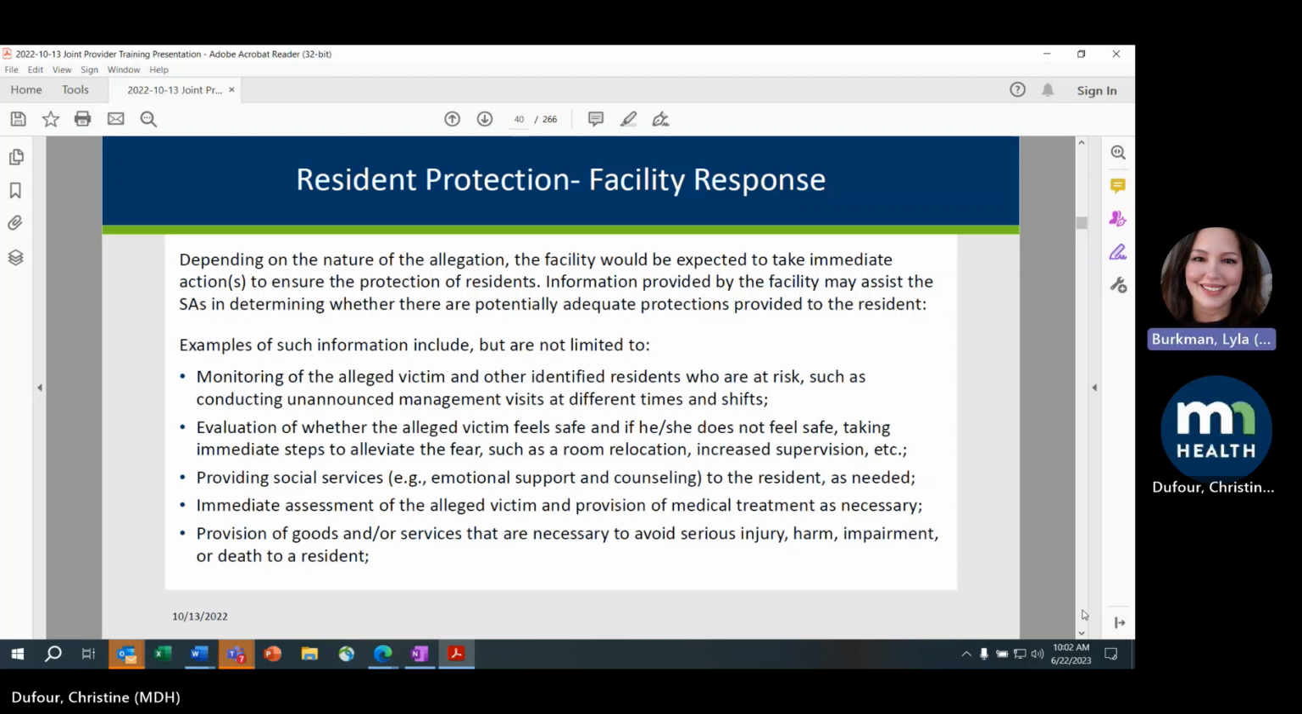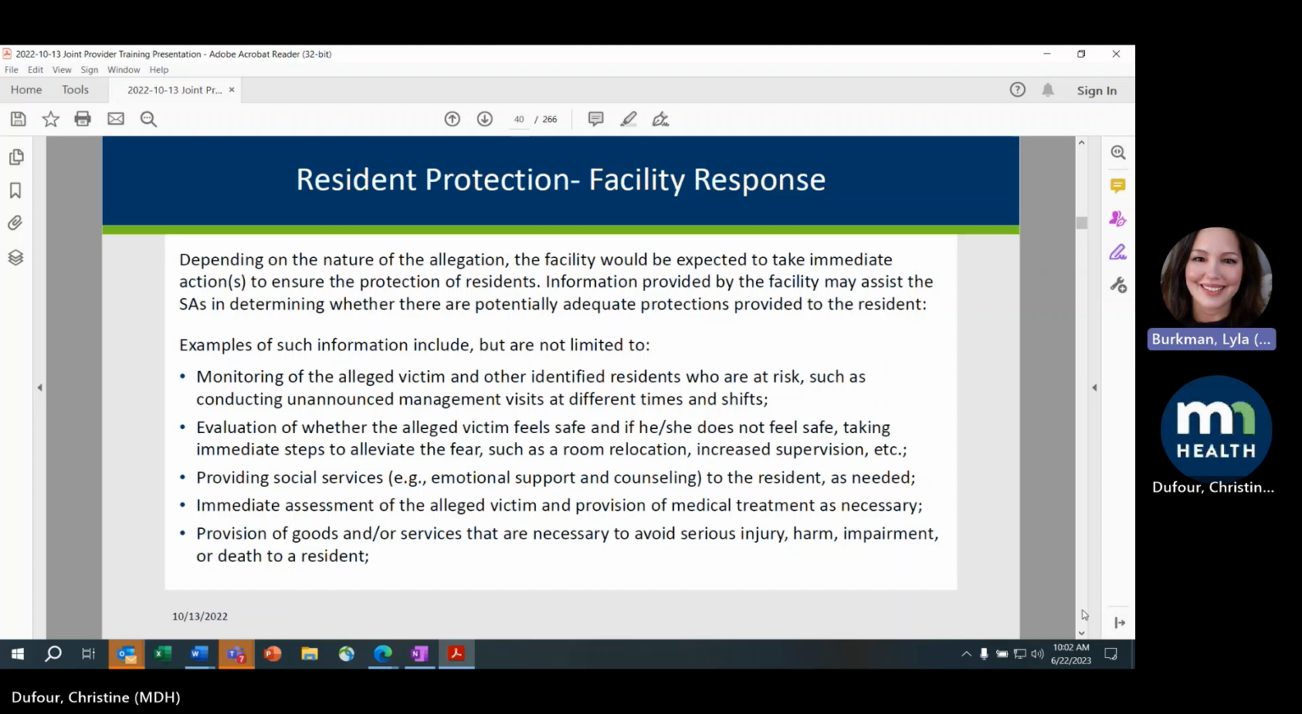Examples of such information could include, but are not limited to, the monitoring of the alleged victim and other identified residents who are at risk, such as conducting unannounced management visits at different times and different shifts. Evaluation of whether the alleged victim feels safe, and if she or he does not feel safe, taking immediate steps to alleviate